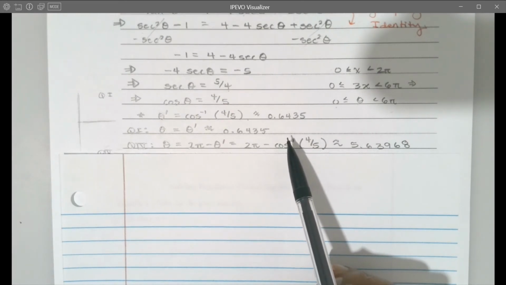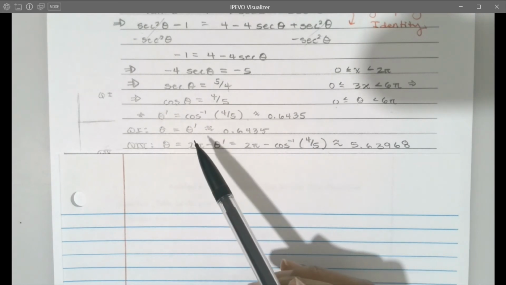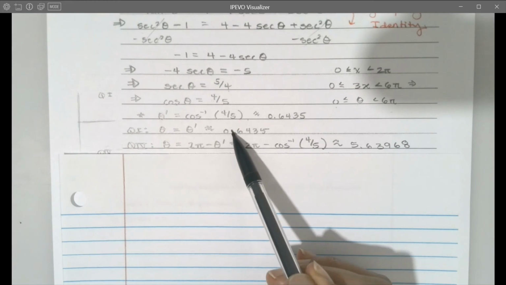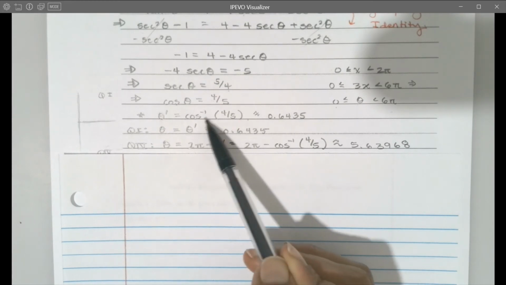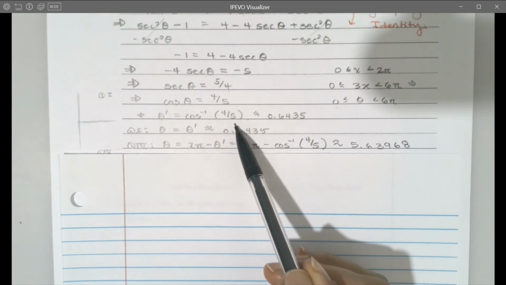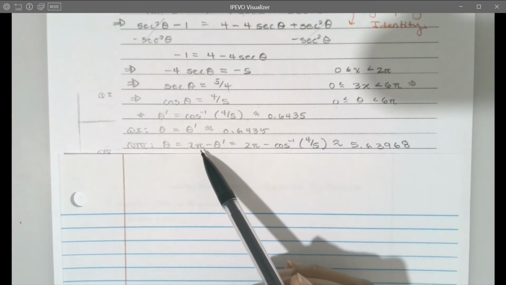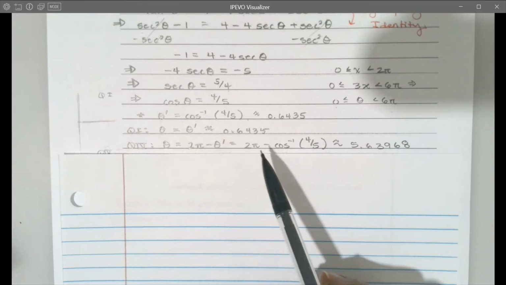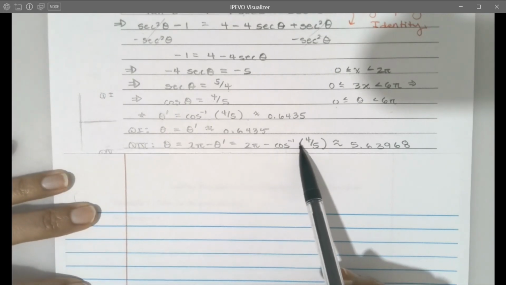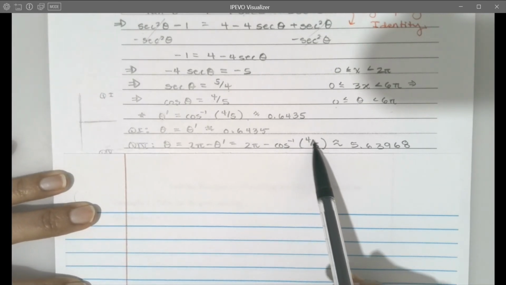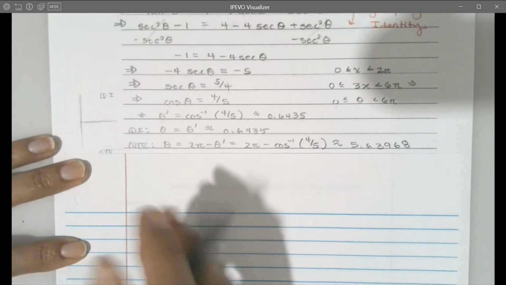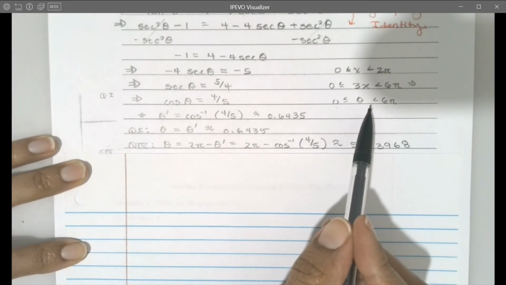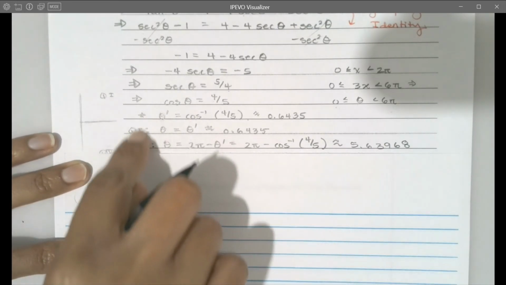So to get the other 2 cycles, we're going to look for all the angles that are coterminal to the angle in quadrant 1, which is this cosine inverse of 4/5, and the second one being the 2 pi minus theta prime, the reference angle, which turned out to be this 2 pi minus cosine inverse of 4/5. And so in the range of 2 pi to 4 pi,